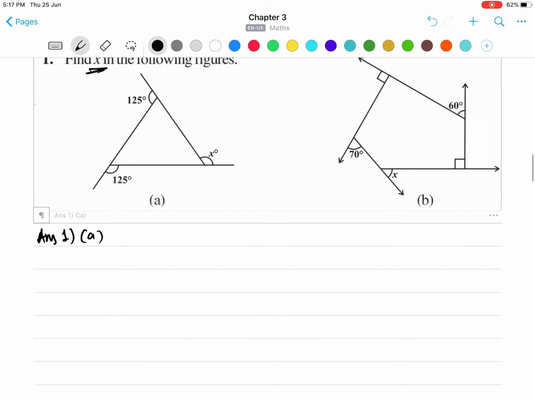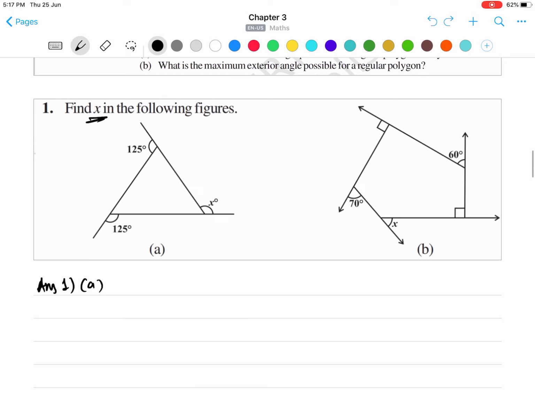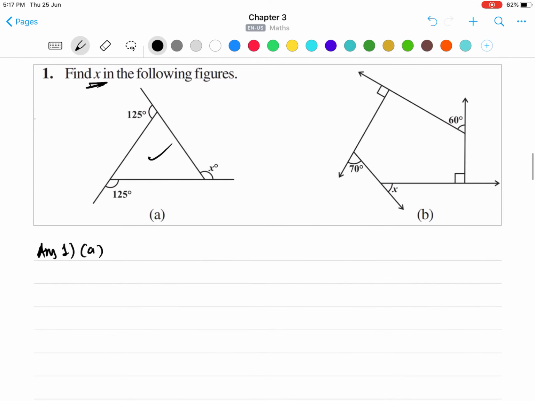Let's draw the figure first. We have this figure. We'll refer from this figure only, but in your notebook you have to draw this figure. We are asked to calculate this x here while we are given the measure of the other two exterior angles of this triangle. So we'll write, as we know,